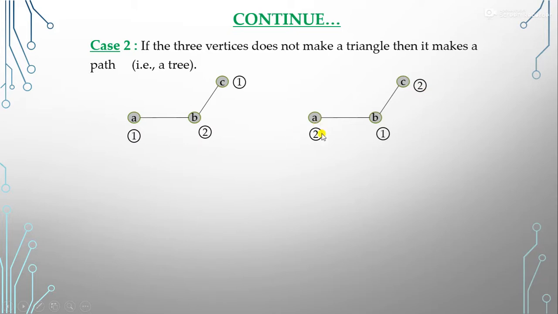So what is our C2? Our C2 is 2, because we have two choices to color the second vertex, this one or this one. And what is C3? Because we have only three vertices, the total number of ways is factorial 3, meaning 6 different ways to color the third vertex, right? We can color it red, blue, green, or green, red, blue, like that. So in total we have 6 different ways.